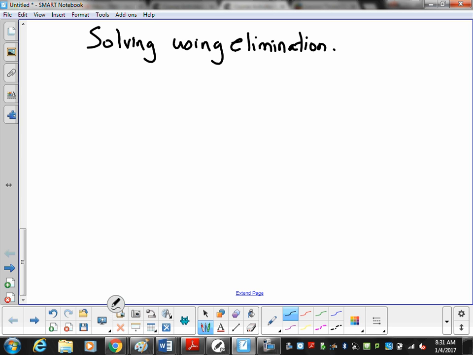So if that's the process, what does elimination mean? Get rid of. Somebody said earlier to kill off something. No, elimination. So what we're trying to do with elimination is get rid of one of the two variables. We're trying to eliminate one of the variables. And so if we start out with this problem here, 4x plus 2y equals 9, and negative 4x